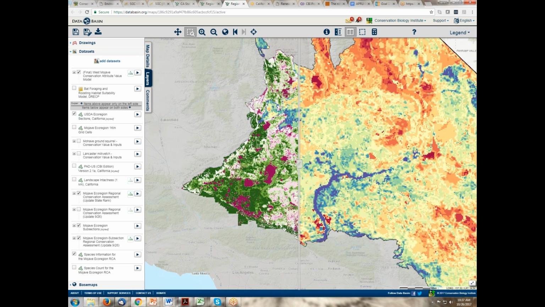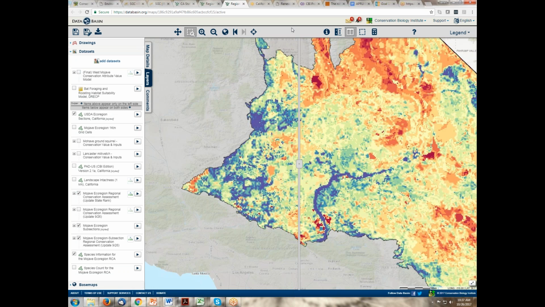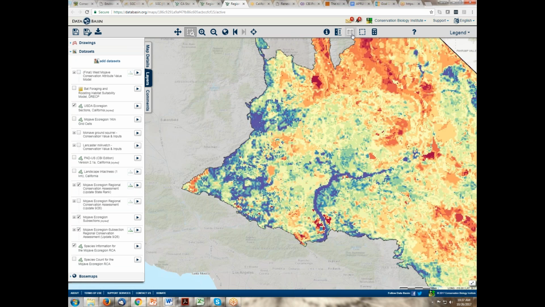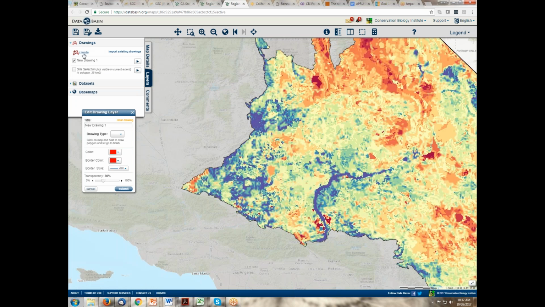Jim, could you also just do a quick draw of a site? I think that'll support the comments I'll make in a couple minutes. Okay. You want me to just draw a polygon and do an intersection? That's what you want me to do. Okay. That'd be great. Thank you. I'm going to make it smaller.